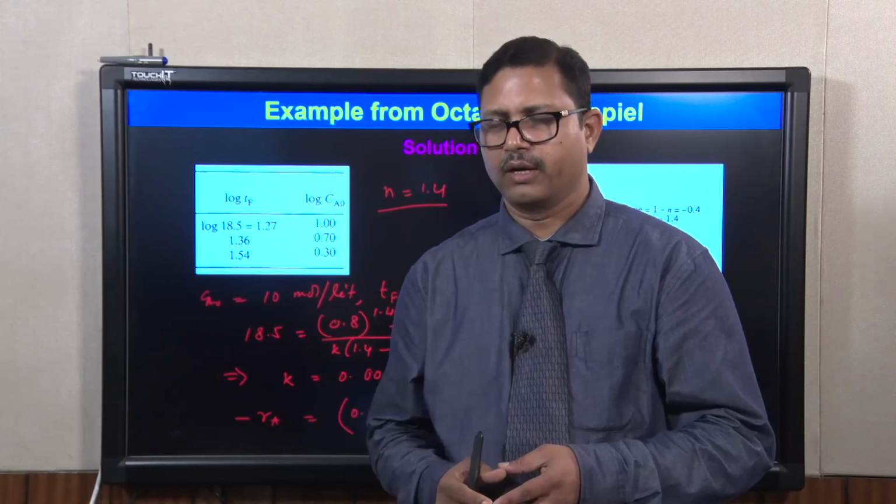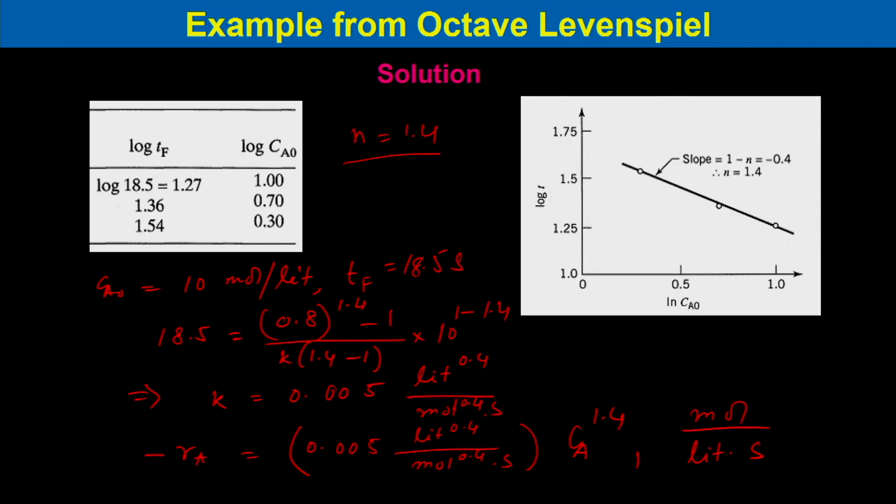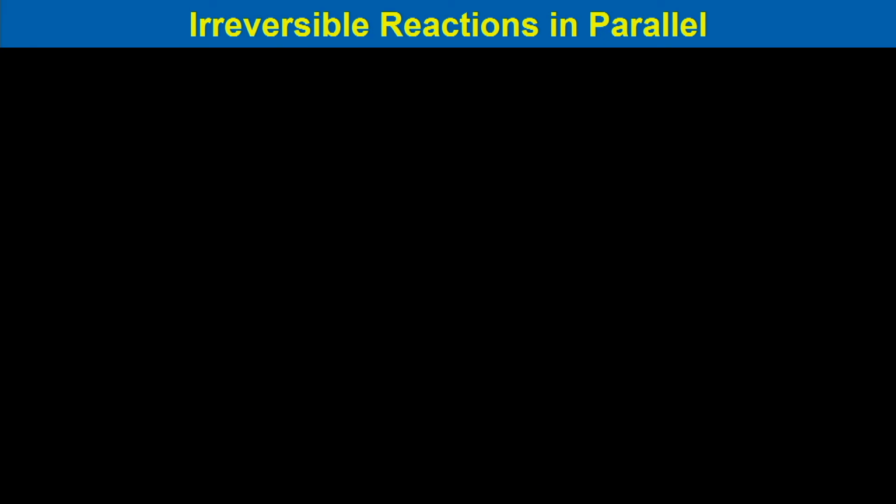So, this way we can solve a particular kinetic data obtained from the batch reactor. We can consider different kinetics, solve for the integral form of the rate equations, and finally obtain the rate constant values and order of the reaction, and propose the rate equation. Now, let us consider irreversible parallel reactions. Suppose a reactant is decomposing into two products, that means